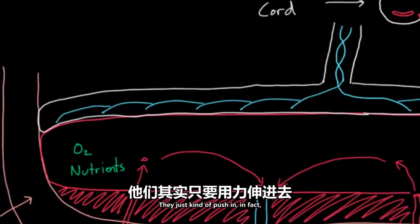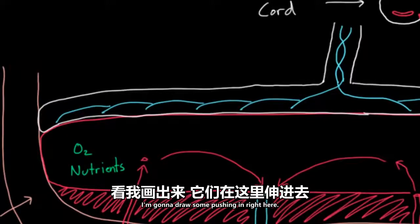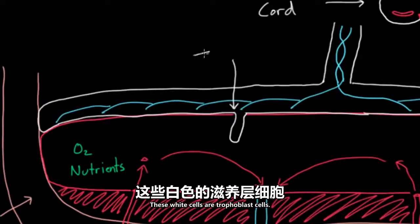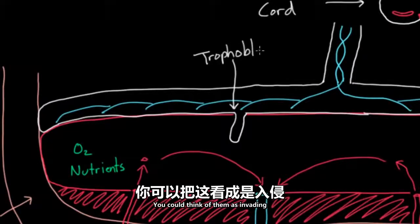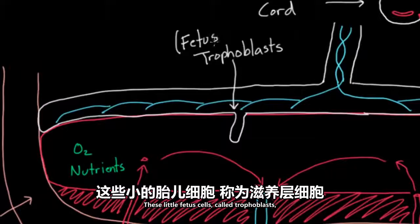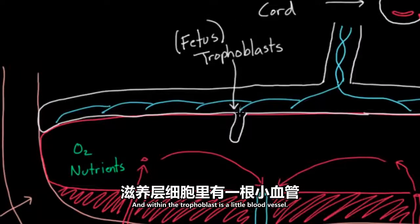So guess what they do? They just kind of push in. In fact, you have little cells here. I'm going to draw some pushing in right here. You've got little cells that I'm drawing in white called trophoblasts. And they literally kind of do this. They just kind of push in. So these white cells are trophoblast cells, and they're good at invading. You could think of them as invading, or if you want to be less aggressive, you could think of them as being just curious. So these little fetus cells called trophoblasts start pushing in, and within the trophoblast is a